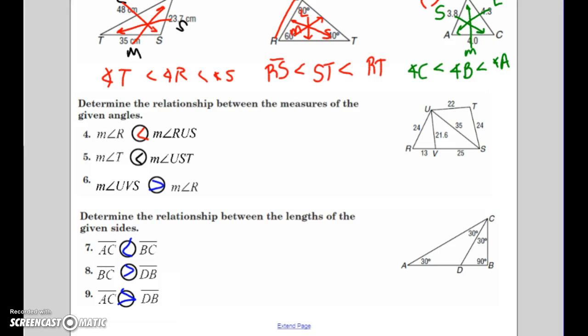Okay, so good. On number 3, we did our small, medium, large, and right here we have a list of the angles. Angle R is here, and then we have angle RUS. So we're looking at this big triangle. Angle R is across from 35. This angle is across from this entire